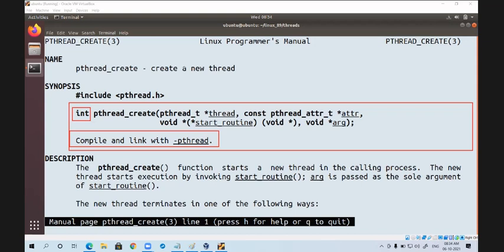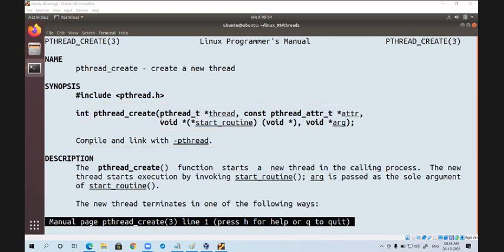In this, one very important argument you need to understand. Is it the first argument, the second, or the third? Can I say it is the third argument? Will you agree? The third argument is a function pointer.